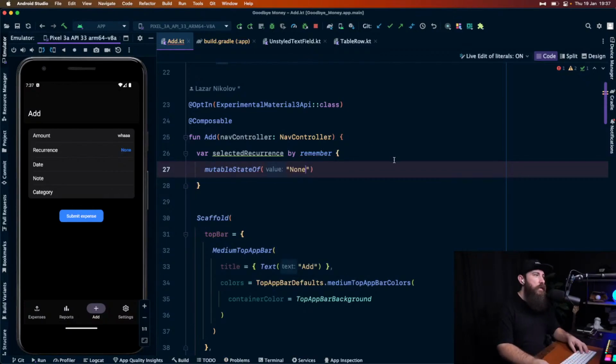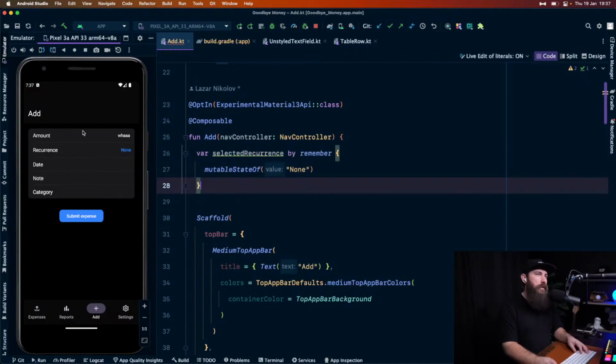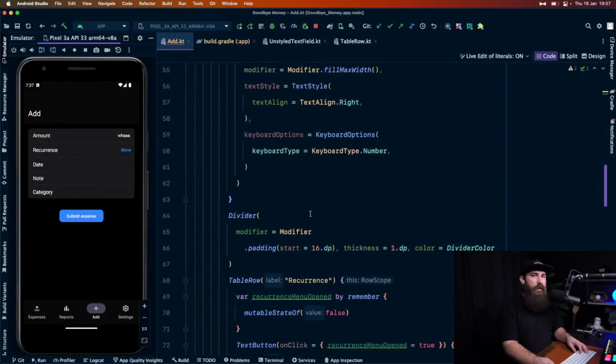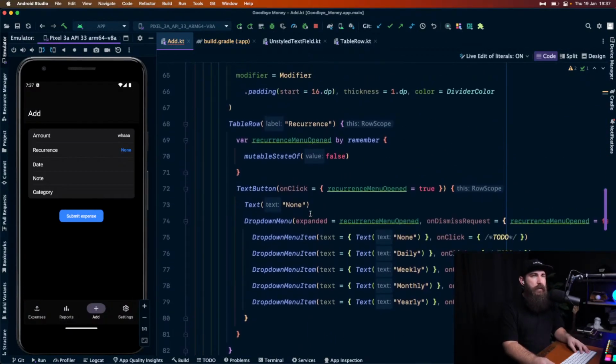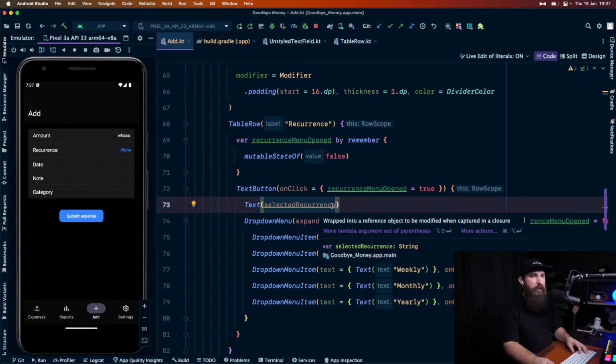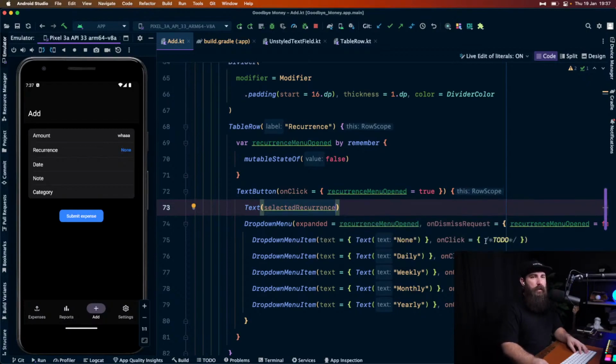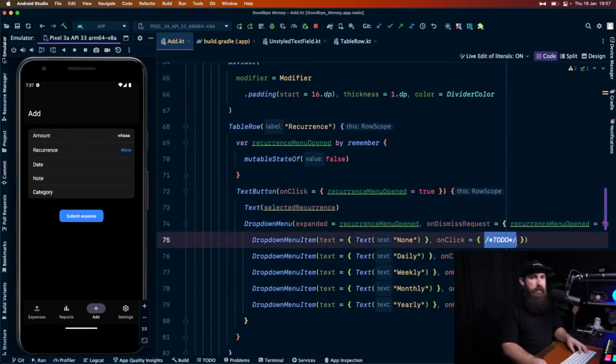Whenever we introduce the data structures for our recurrence and the expenses and whatnot, we need to go back and refactor that. Okay, so in this case, the text should be selected recurrence. And the on-click method of these should actually,